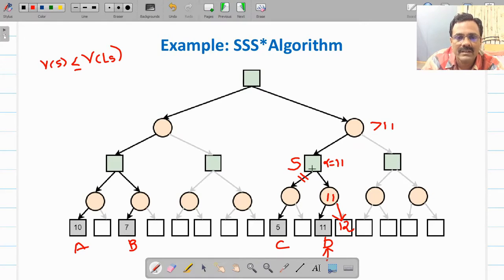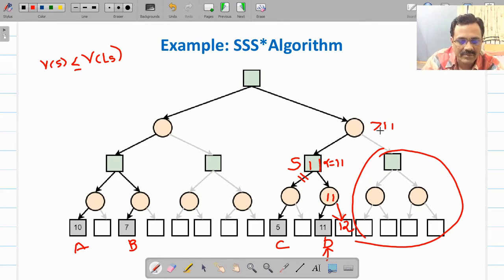It is getting 11 from this side. So if it is less than 11, then it will accept, otherwise it will not accept. So the algorithm will come down. Now it will evaluate the right part of this subtree, so that this node becomes solved.